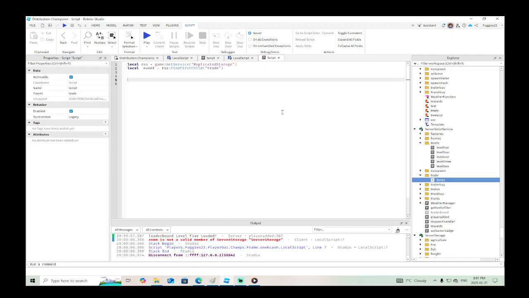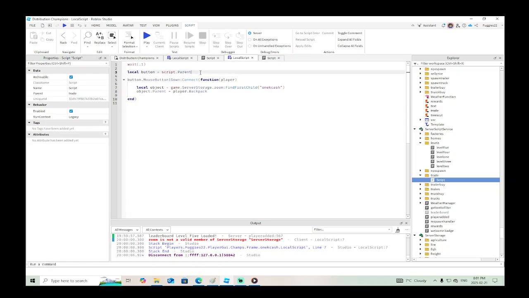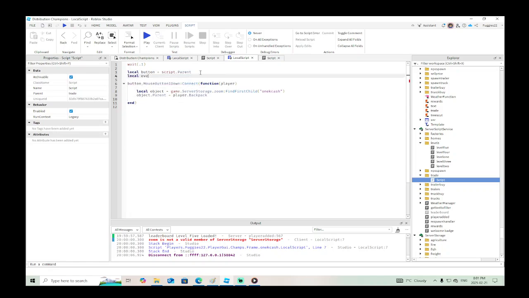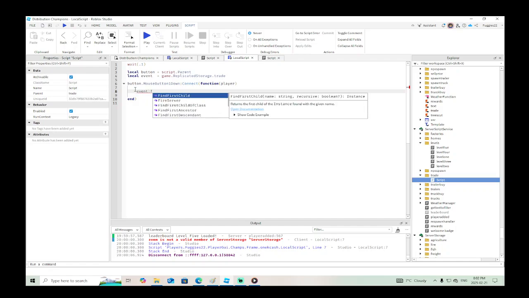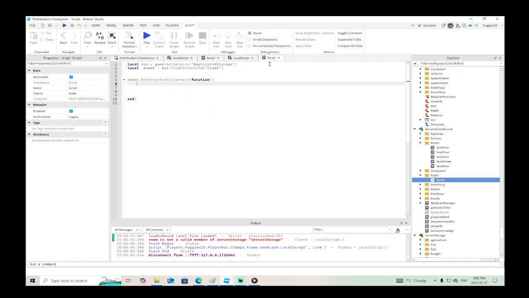All right, so then we need to say event.OnServerEvent connect function. Now we need the event here. Local event equals game.ReplicatedStorage.Trade. So we'll get rid of this and we'll say event:FireServer, which we can do from the client, and then OnServerEvent